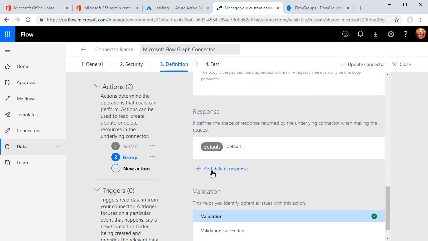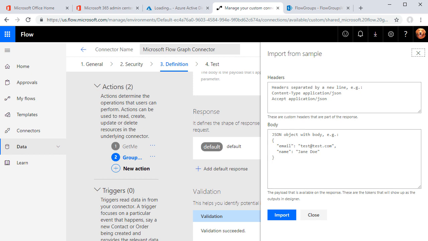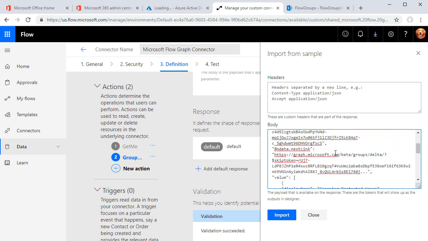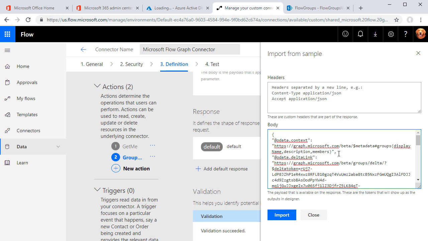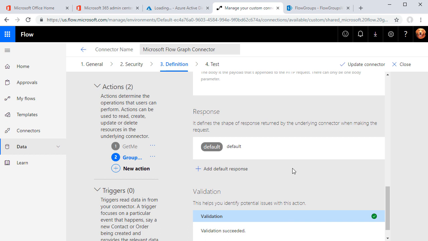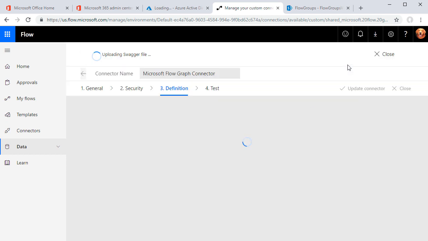For the response, I'm going to copy the response from my blog. You could do this from Postman if you wanted. It doesn't really matter where you get it from. The important part is that in the response, you have all of the available options. So here I have Delta Link, and down here I have Next Link. Both of those are important when we run our request. Choose Update Connector,